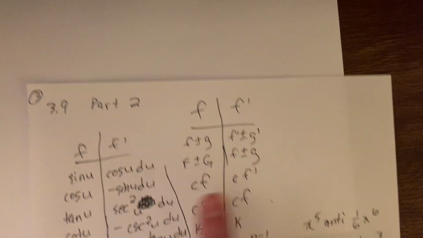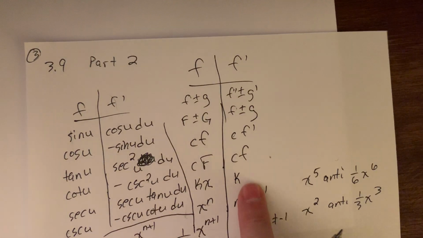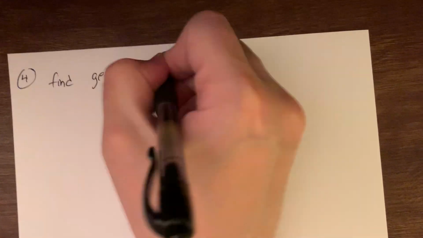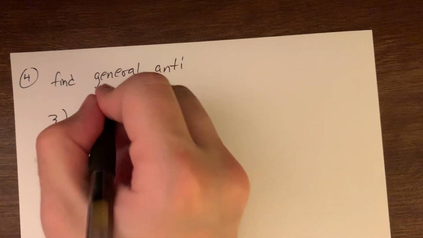Let's keep going. I'll flip back to this chart as necessary to remind you of some of the trig functions and some of the other rules. But let's keep going. We're still finding the general antiderivative. And now problem number 3. Let's look at the function